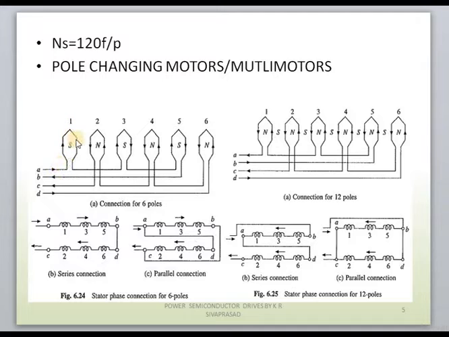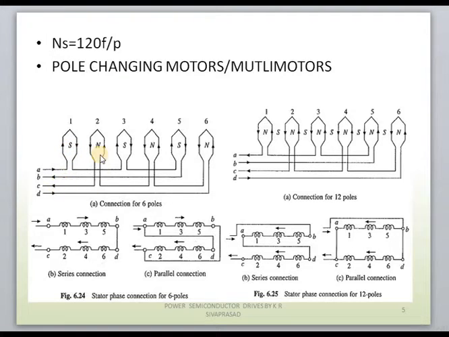The south pole coils' starting point is A, and the current passes through coil 1, after that through coil 3, then through coil 5, and ends at terminal B. If you observe the current direction, the flow of current starts from A and ends at B, then only it will create a south pole. If you want to change this coil into a north pole, then change the current direction. Obviously, it will convert it to a north pole.